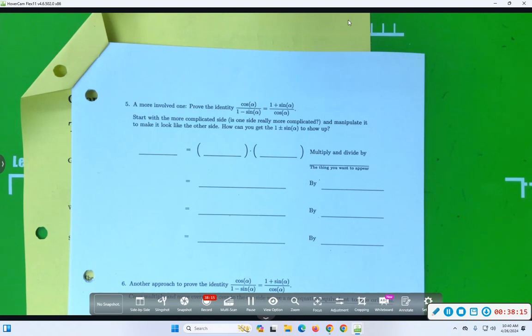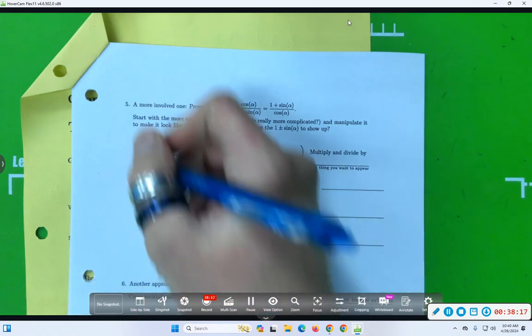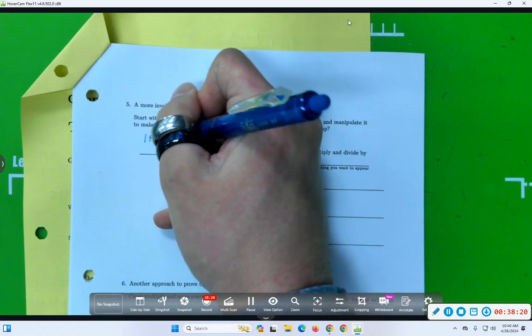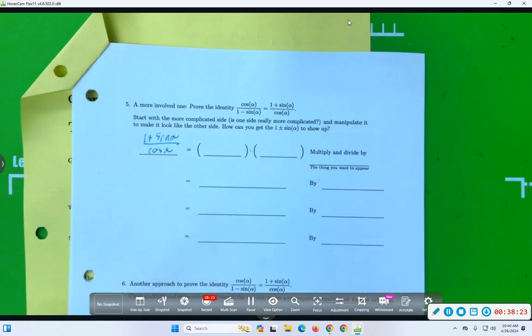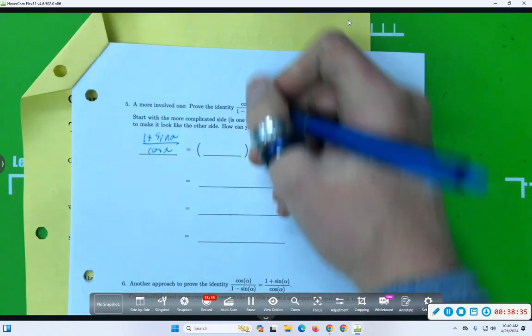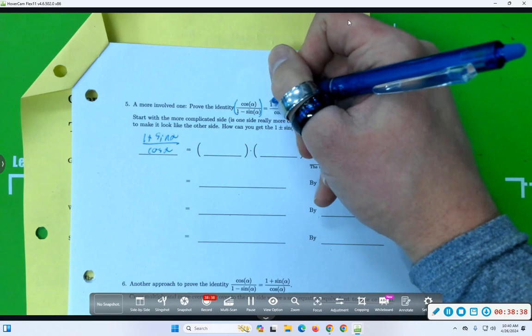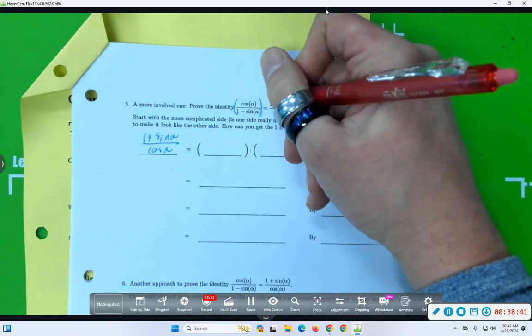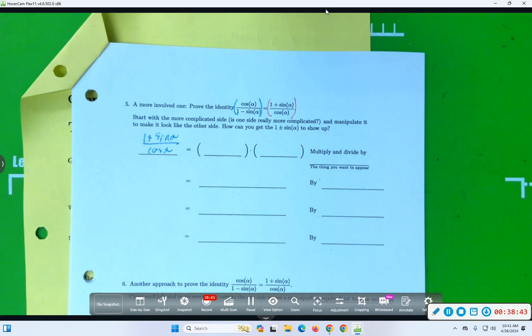Sure. Let's start with 1 plus sine alpha divided by cosine alpha. And at a glance, maybe it doesn't look like there's anything super obvious to do. But you can use the fact that you have a goal in mind to try to come up with something to do. I want to make that thing look more like this thing. So what's something on the right-hand side that is different from the left-hand side? There's a cosine of alpha in the denominator,